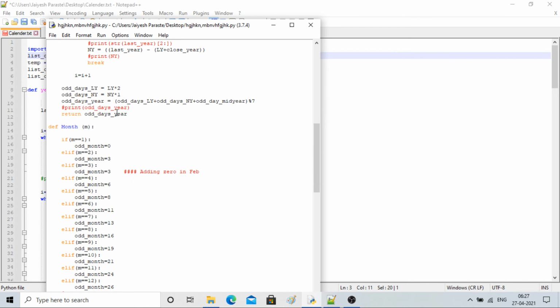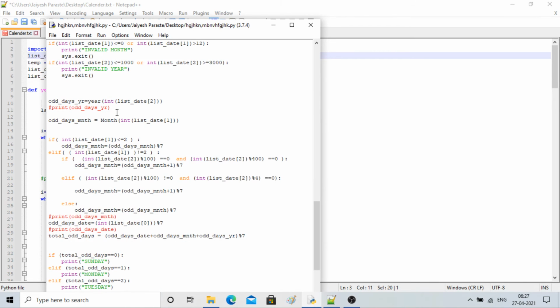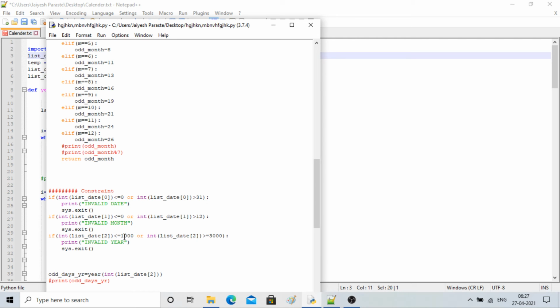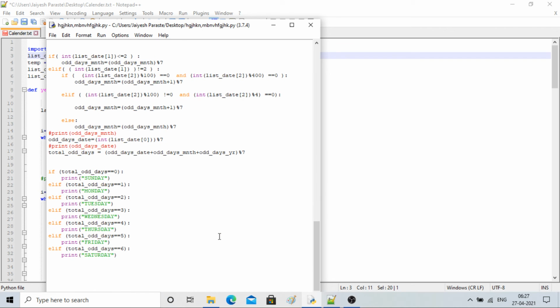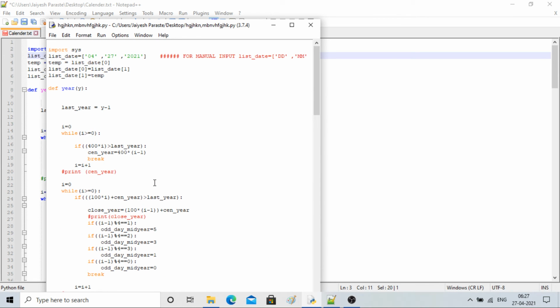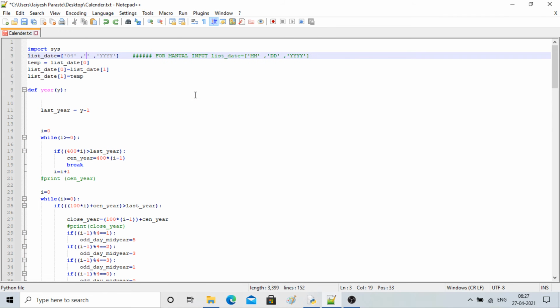Have I made any mistake? I mean, it is correct. The constraint has to be between 2000 to 3000. That is fine. It is starting from 0. Correct. If I remember, I was giving input in... Okay, yeah, correct. It is correct. So let me get back to it. So here I'll get back, and you can play around with this. Okay, so I'll save it.